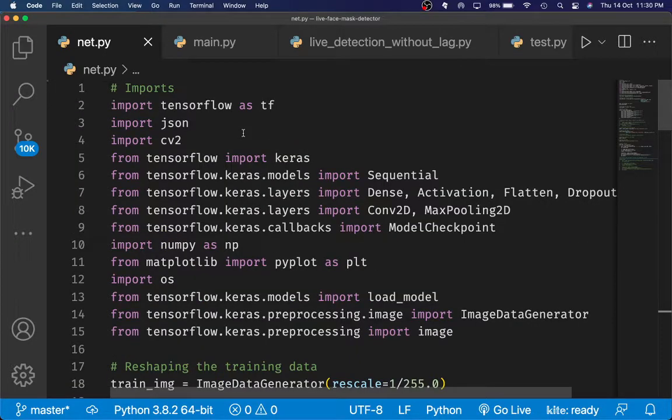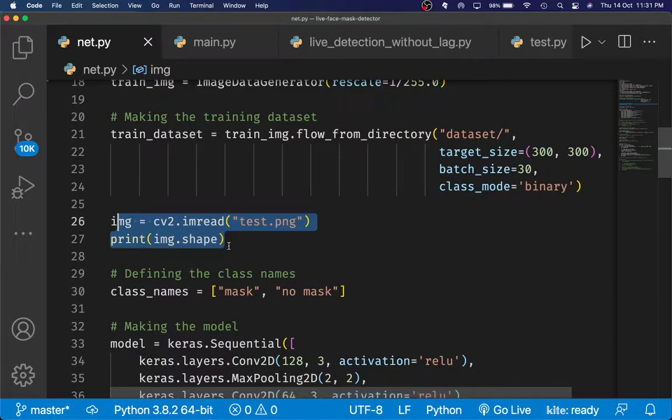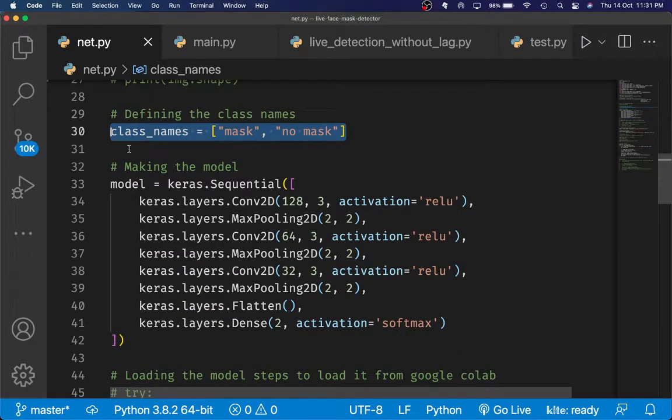First of all, I have made the standard imports that you need to make every time. This is me loading in the data with a target size of 300. Keep this line in mind. Then here, all I'm doing is listing out the shape of the data, which is not necessary. I don't know why I had done that. I should probably just comment this out. That's not necessary. Here we are defining the two possible predictions that you could have.